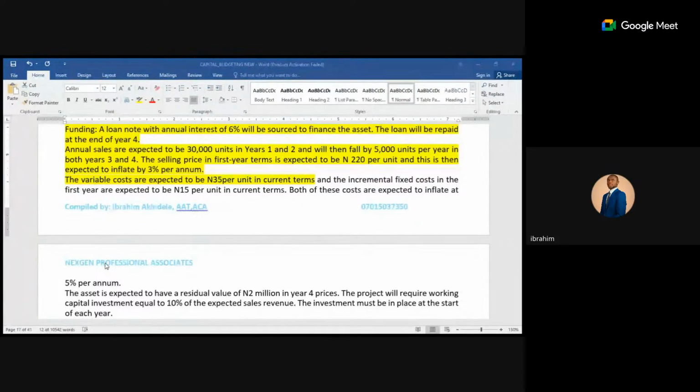Now, the second part, the incremental fixed cost in the first year, meaning that that first year will remain the same. Class, that first year will remain the same. You will not raise it to power of 1. After year 1, you cannot say, oh, raise to power of what? Raise to power of 2, right? Just like the way we did in the first one. Okay, I think I get it now. When we do the incremental fixed cost, you will still understand. All right, thank you.